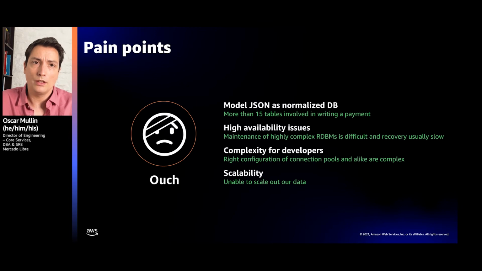And also, you have complex maintenance, right? You have to account for hardware, end of life, storage, replication, and when you actually have an incident on a very big relational database, coming back online is not that simple every time. So that was one of the other issues. We have issues with the complexity for our developers as they have to properly configure and manage database connection pools, and also issues with some server-side specificities. So those were mostly the main issues we have, and we saw that that was not scaling properly for what we needed. So we decided to actually move to a new